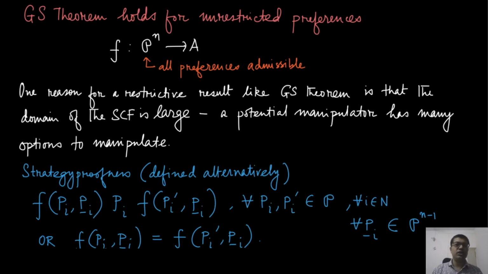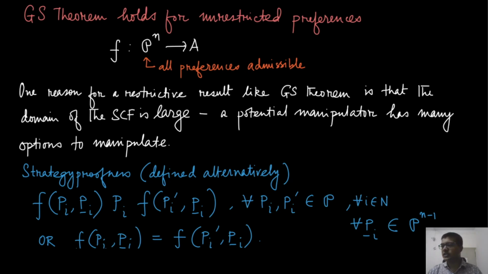Now that we know the Gilbert-Satterthwaite theorem and its proof, let us try to ideate and brainstorm a little bit about why this result holds. What is the intuition behind the very restrictive result that if you want to satisfy these two important properties, onto-ness and strategy proofness, and if you have three alternatives or more, all the social choice functions must be dictatorial.